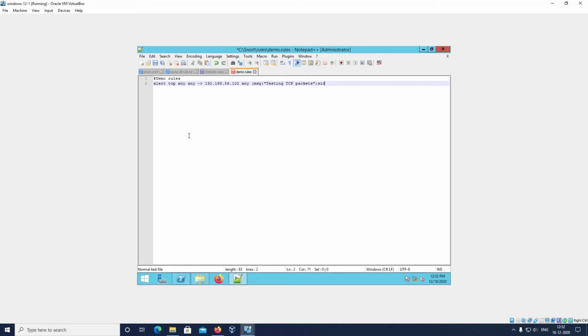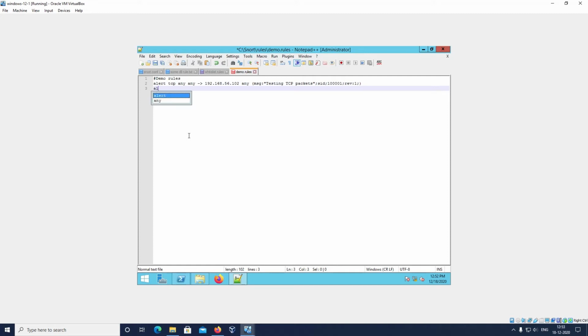Each rule has one ID, and if we write n number of rules, we have to give different IDs to these rules. So I am giving here 10001 as the SID, a different SID. Close the bracket.